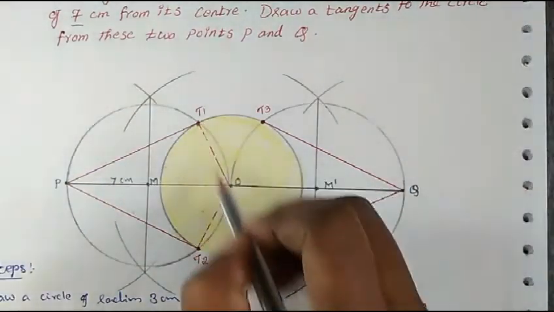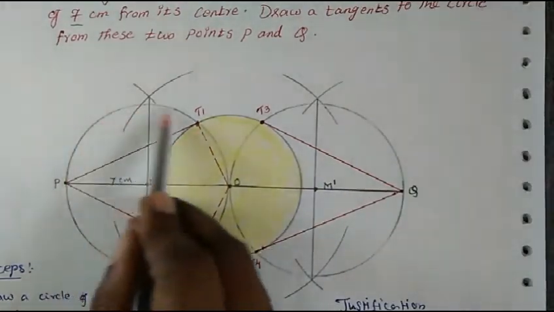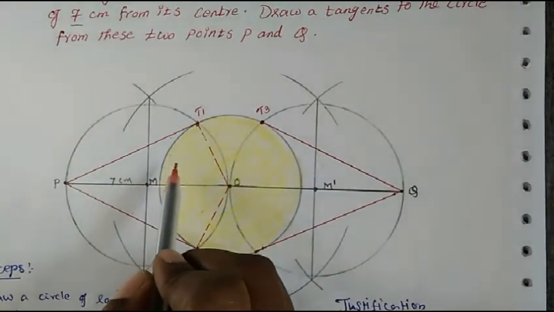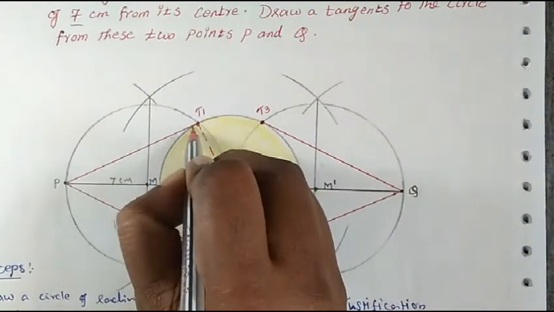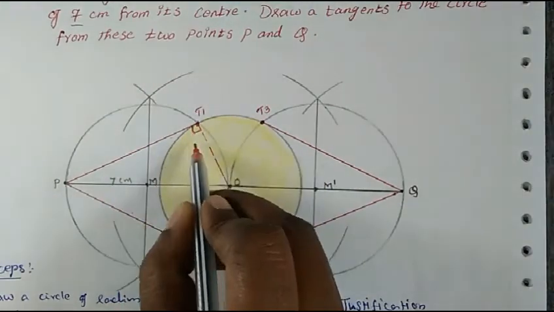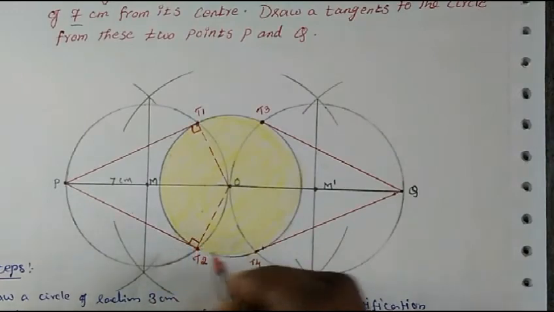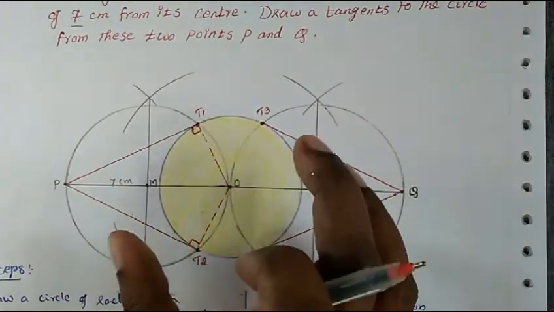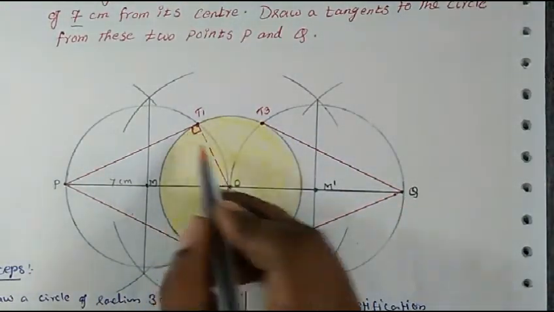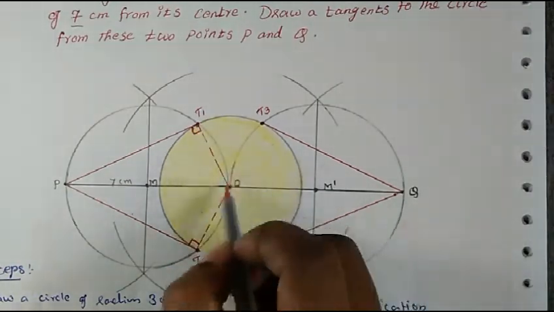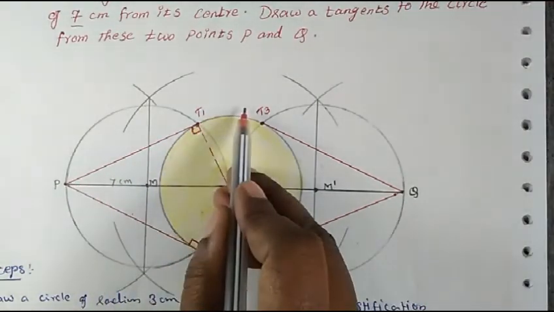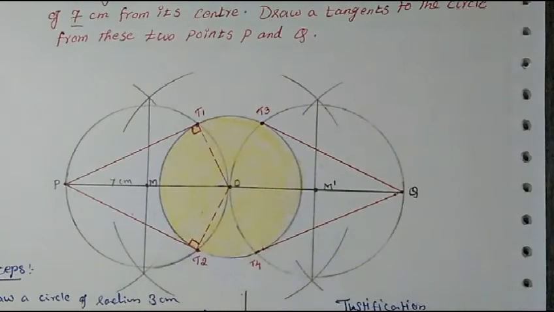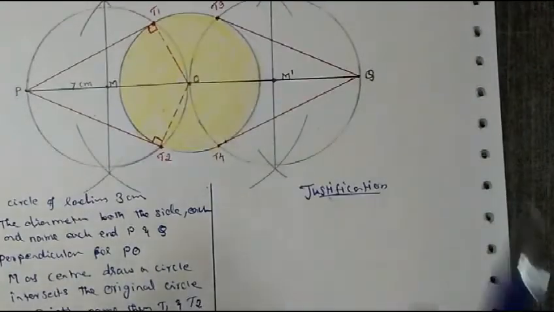Now that we have joined, what are we getting? Inside the semicircle an angle is formed. We said that when an angle is formed in a semicircle, that angle will surely be 90 degrees. Same way for this also. In the introduction I have explained to you: to prove that this is the tangent to this circle, we have to prove that this is 90 degrees and this is a radius, and radius is always perpendicular to the tangent, and therefore this has to be a tangent.